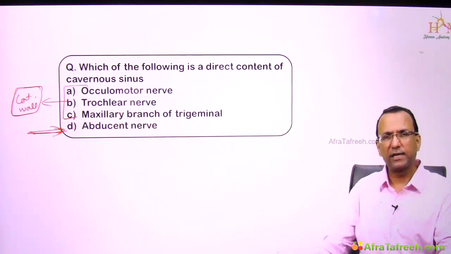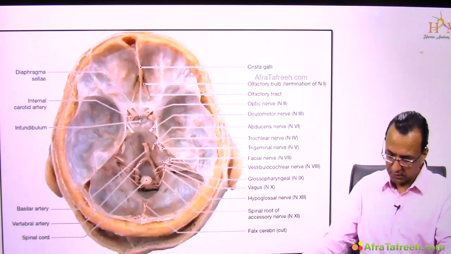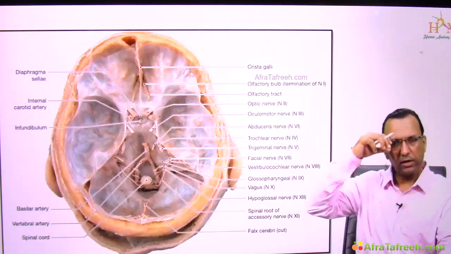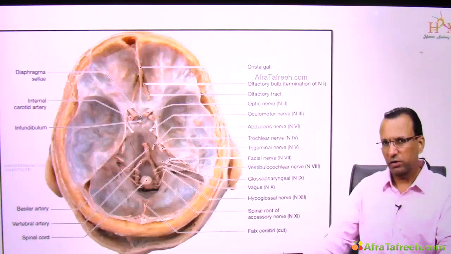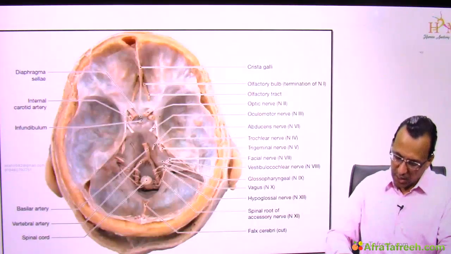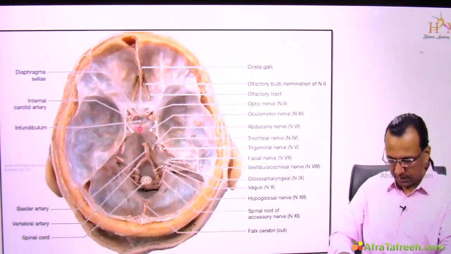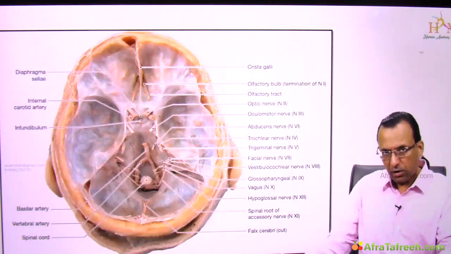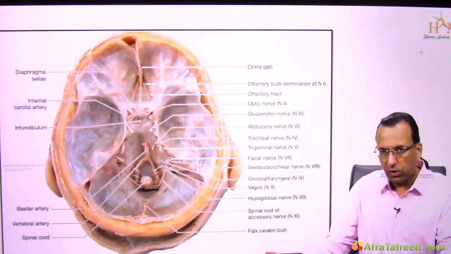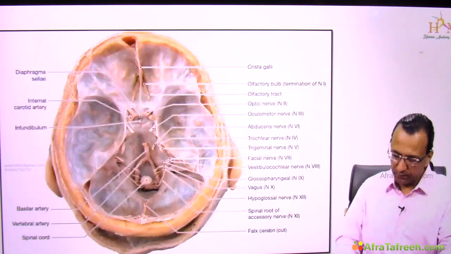Can we see the diagram then? Yes, we'll draw the diagram also. See this diagram. I think we have seen this diagram earlier. The examiner is also showing this diagram, asking you which nerve is here. They'll tell A and B and C and D, and then we will be at a loss. We don't know what is happening. So we have to be careful.